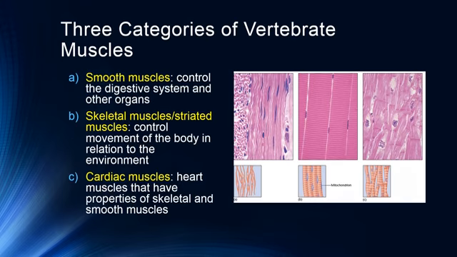To get a good look at these, you can see these different kinds of muscle: smooth muscles, skeletal muscles, and then cardiac muscle, which is kind of a combination of both smooth muscle and skeletal muscle. You can see why this is called striated, because they're very clearly striped, which is why they have this kind of look to them.